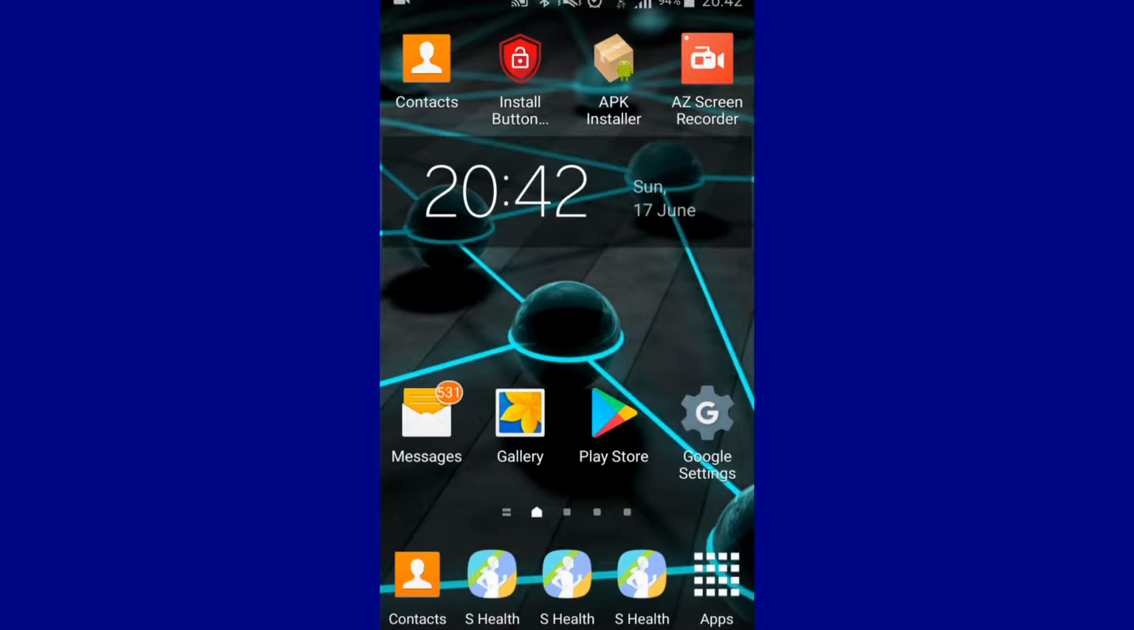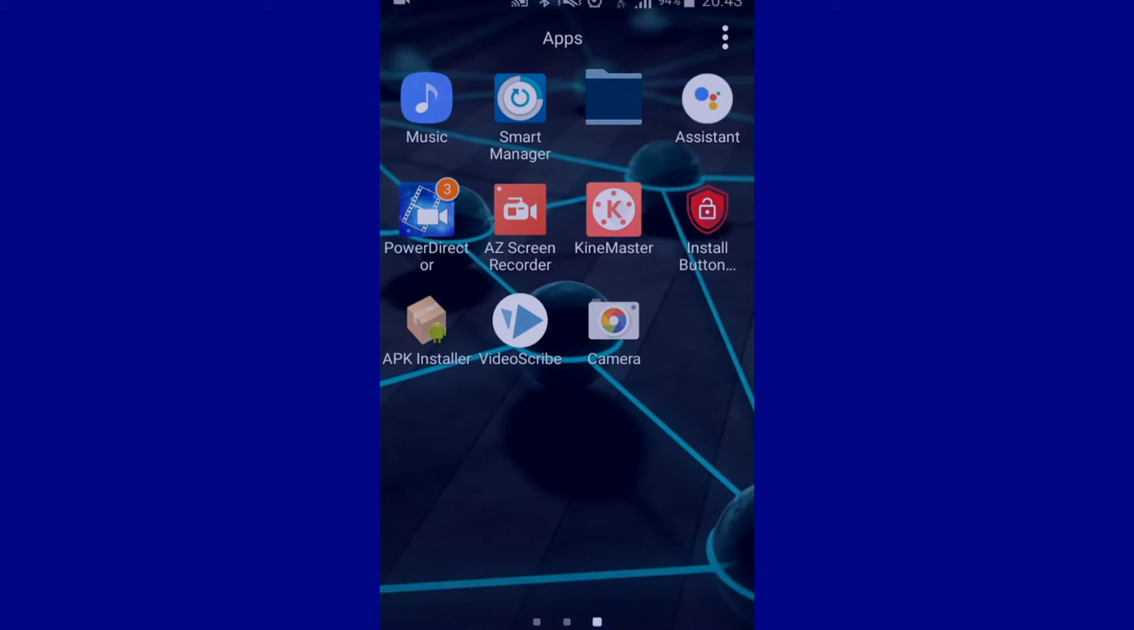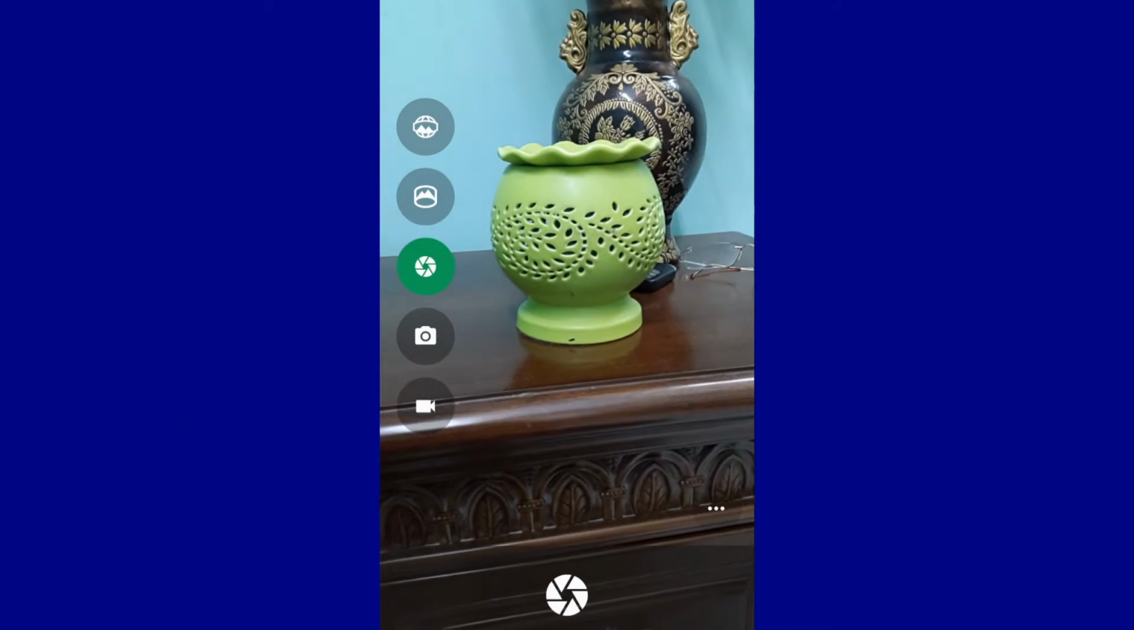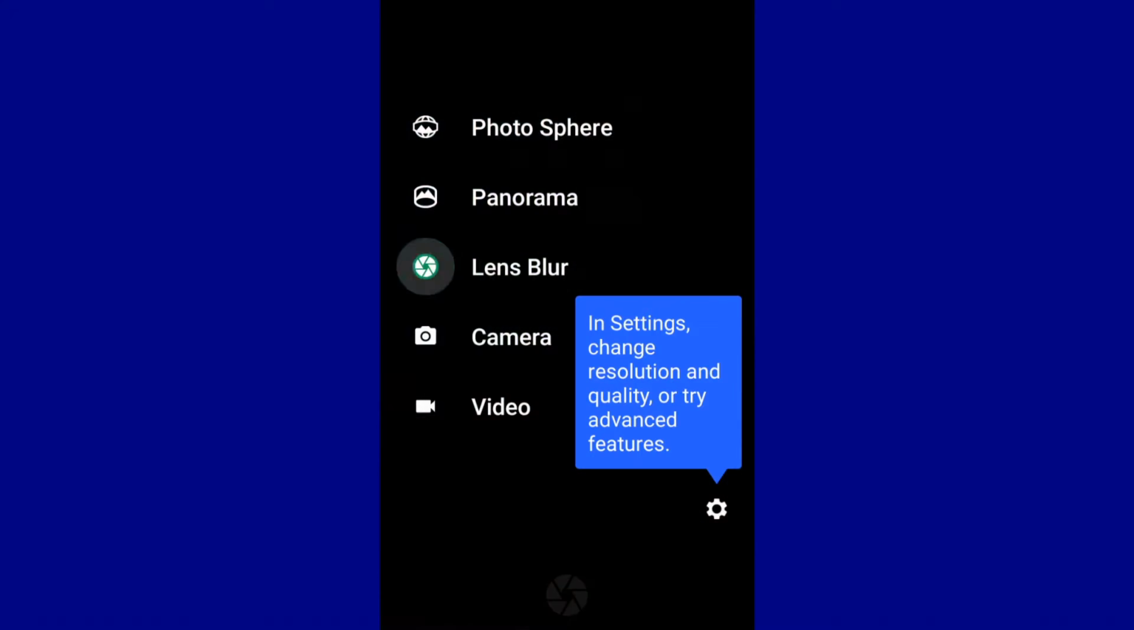Friends, in this video I'm gonna tell you how you can click DSLR like photos on your Android smartphone. So let's get started. Friends, first we have to download an application called Google Camera, which I have provided the link in the description. So first we have to open it,